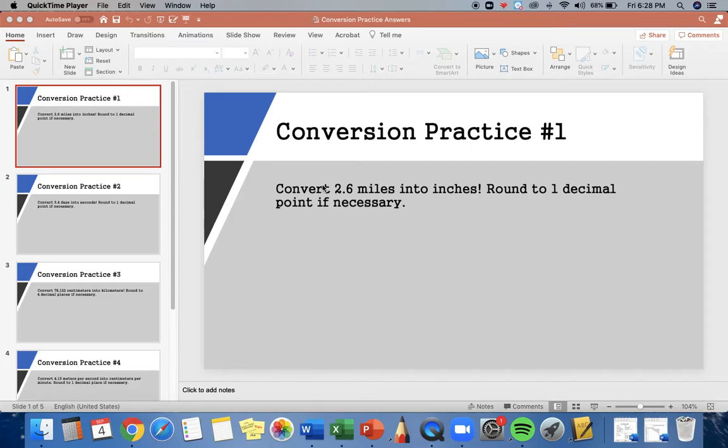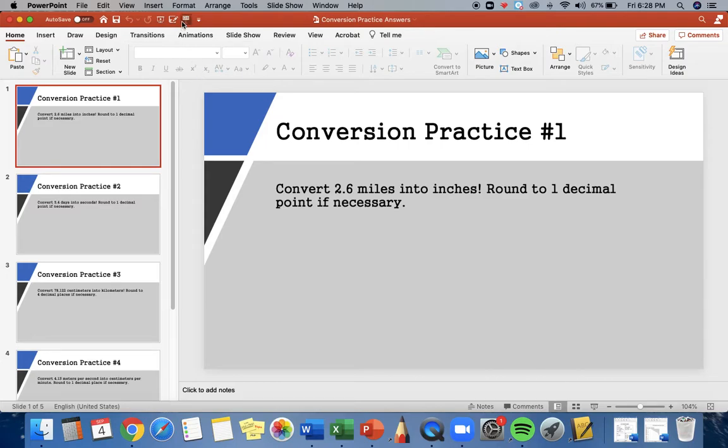All right, welcome everyone. What this is going to be is me recording myself trying to solve through your conversion practice homework. Now, something that I will say before I get started: everyone's conversion practice homework numbers are randomly generated. So these numbers are generated for me, but the way in which you solve any of these problems is all